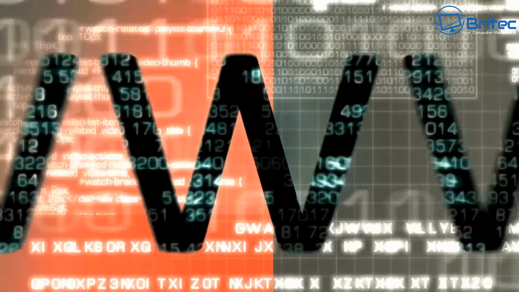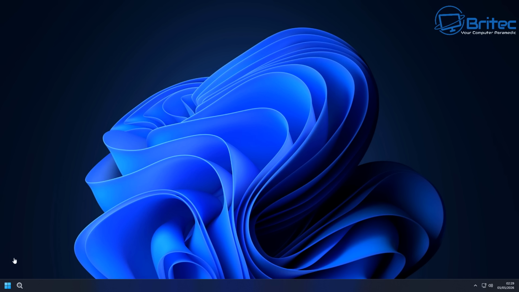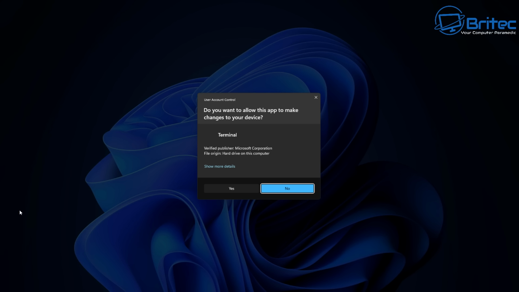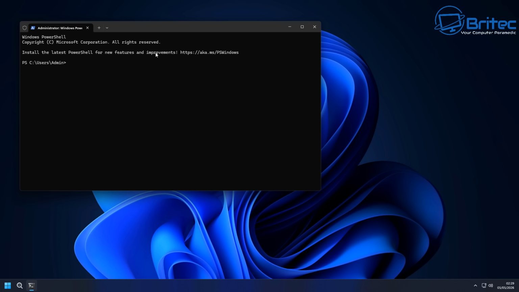Every now and then Windows gets corrupted and it needs to be repaired, and I'm going to show you some steps you can take yourself. You don't need to be a PC expert to be able to do any of these. These are just pretty much basic steps that you can take to try and repair Windows and get it back